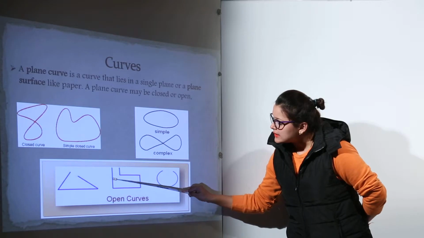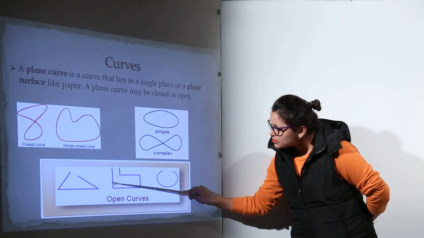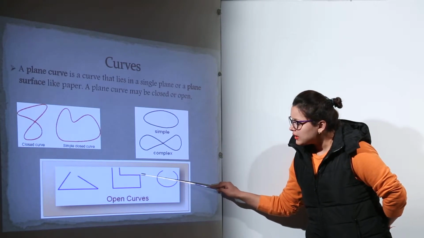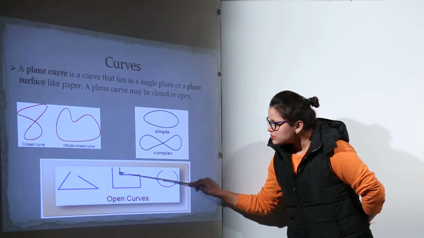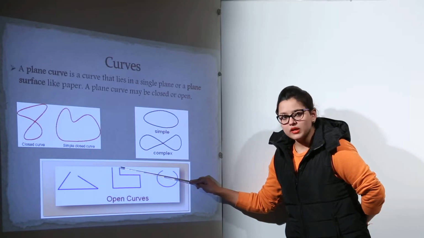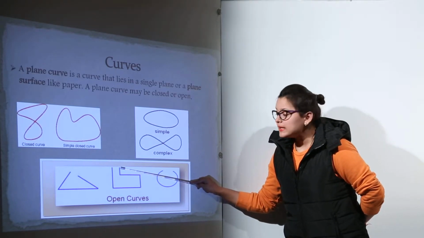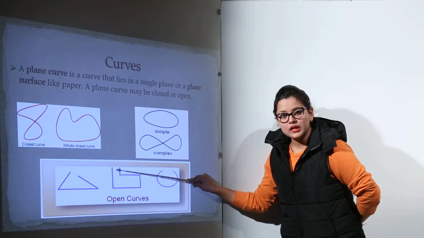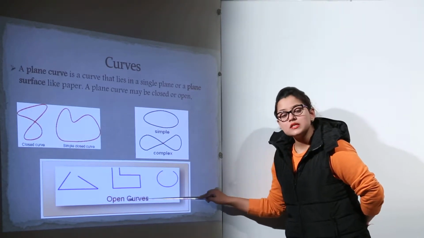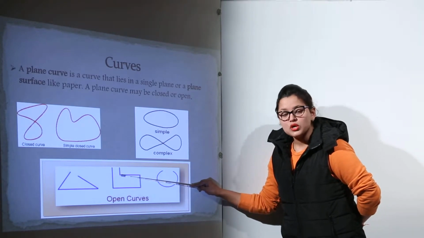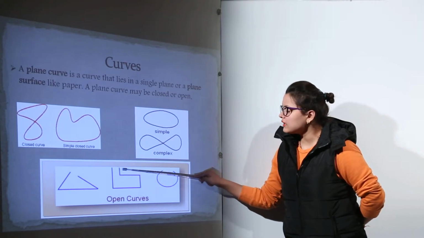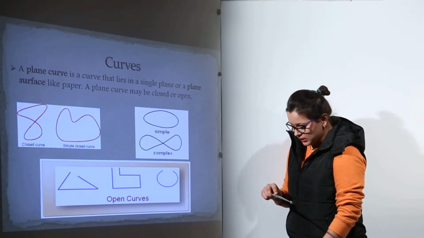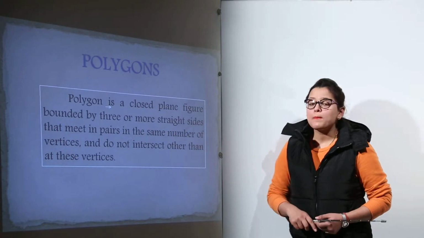Now consider the next example. Over here also this line is starting, bending to this side, again bending, another bend, and you see that it doesn't go anywhere else. It is stopping over here. That means in this curve also there is a gap in the continuity of the line. That means the curve is not getting closed. So you can say the curves that are not getting closed are the open curves. Understood? Now the next is polygons.